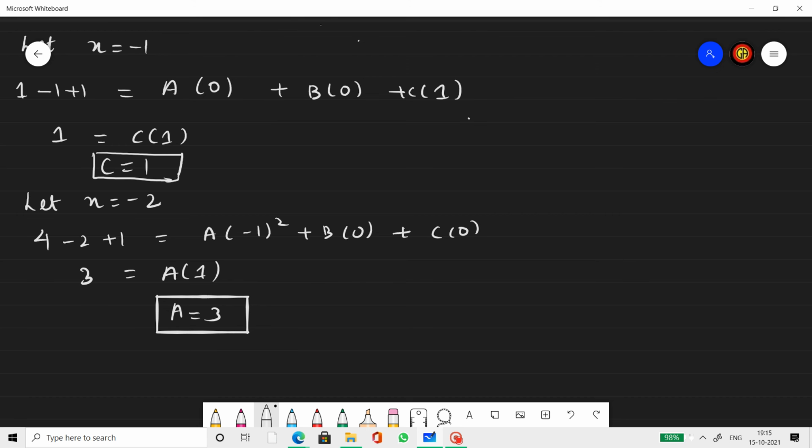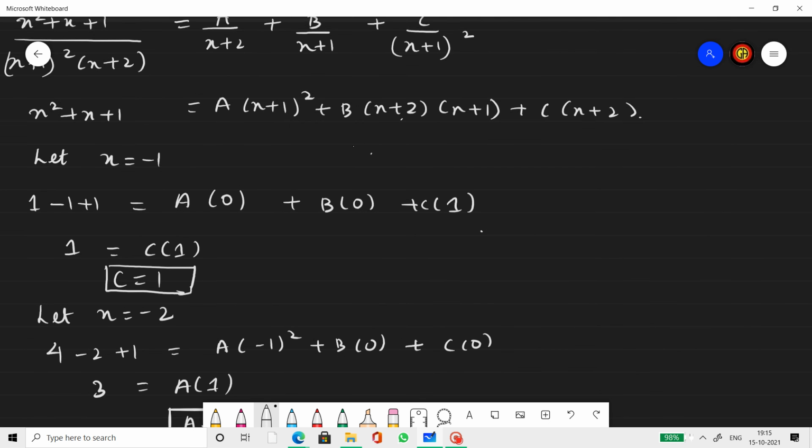But all the factors that are available have been used. So next is to compare the terms. While comparing, don't make any mistake, be very careful. I have an x squared term here, and when I expand this I get an x squared term here. When I multiply I get an x squared term here. This is the maximum x squared term that can generate from this statement.